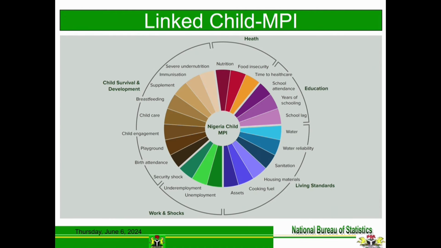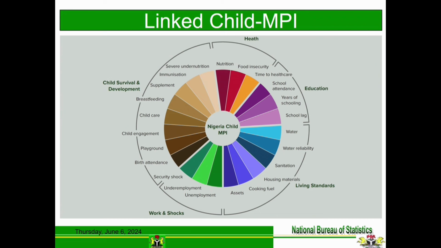We did not just have the national MPI. There was a linked child MPI. Now, the linked child MPI had 5 dimensions. It had both the 4 dimensions of the national and another additional dimension that is peculiar to children. And that dimension was called child survival and development. Let's look at that dimension. It has severe undernutrition,